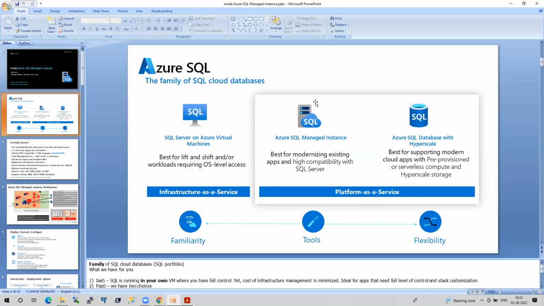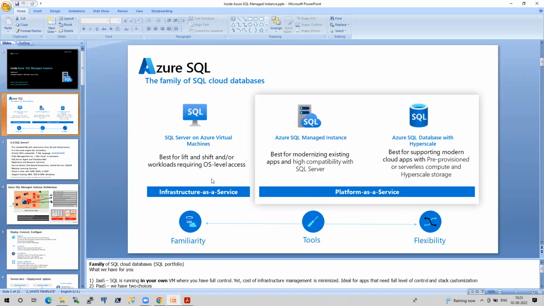We are going to discuss Azure Managed Instance: how it is different from IaaS and how it is different from Azure SQL. Even in Azure SQL we have many flavors, such as Hyperscale and a couple of other things. I haven't touched Azure SQL yet, but when we go through it, I will cover all the different options available. For the moment, we are just going to deep dive on MI.